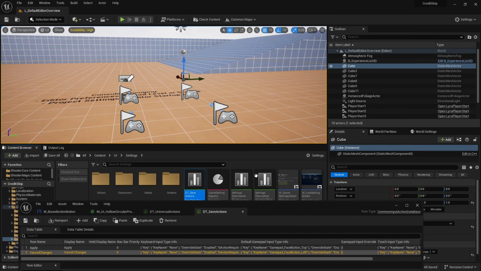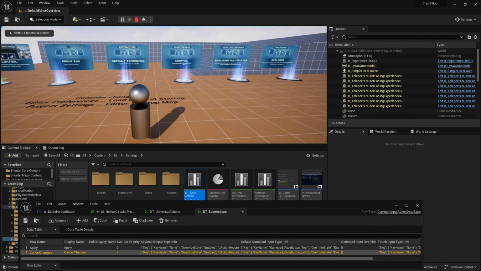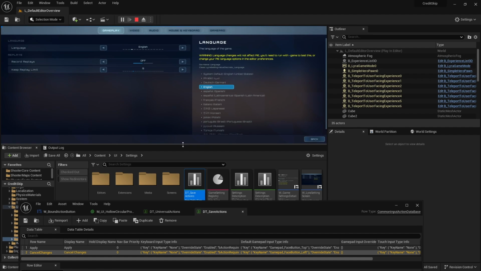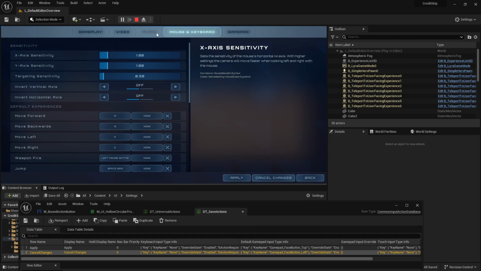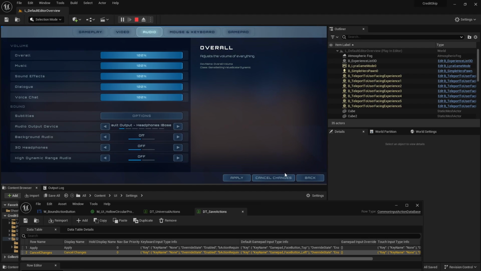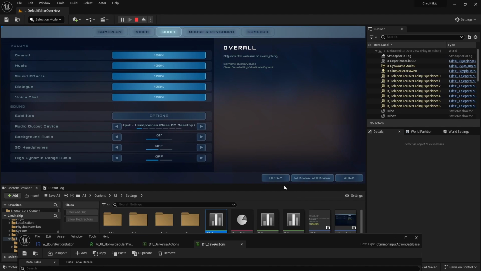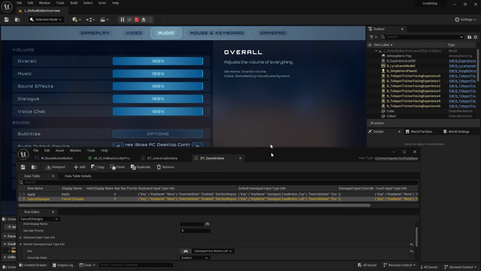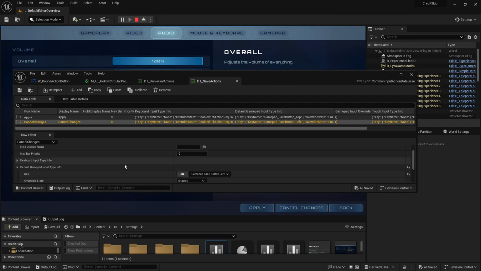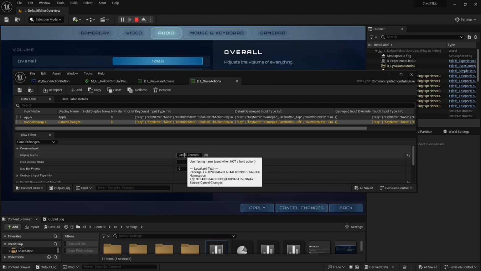And let's see what that did. Okay, so when I play, escape, options, and then the mouse and keyboard, you'll see it doesn't change anything for the keyboard and mouse because we didn't change that. But as soon as I press anything on my gamepad, you'll notice that it shows cancel changes, hold, and it even has this nice animation. So that's nice that it supports that out of the box. That's probably because the string is really long, so you could always change that with cancel. You could put any text you want here.